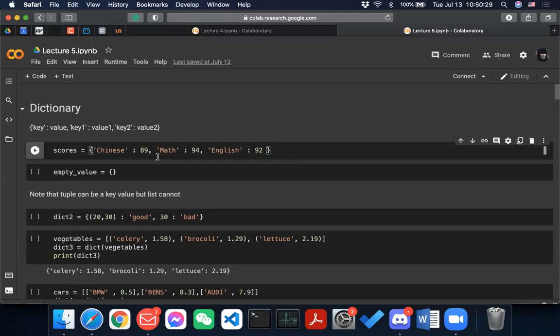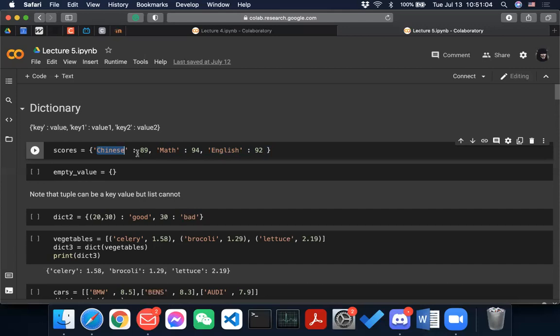So we are declaring it using curly brackets, and then you write a key, colon, value, then a comma, the other key and the other value, and so on and so forth. For example, Chinese colon 89.